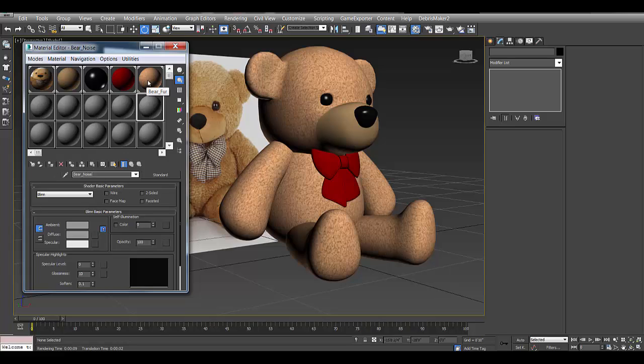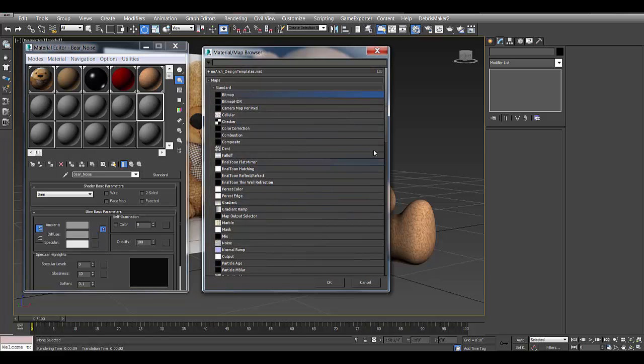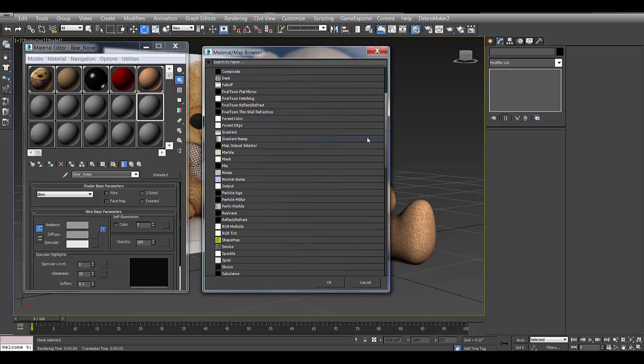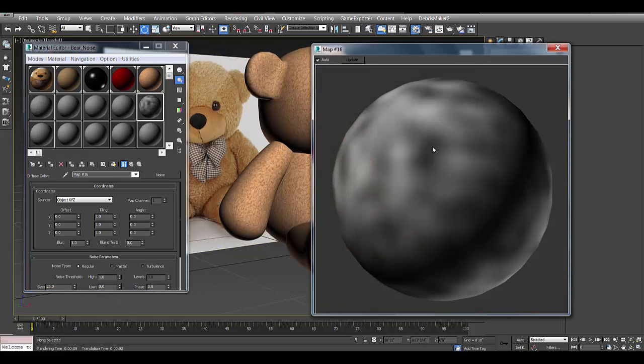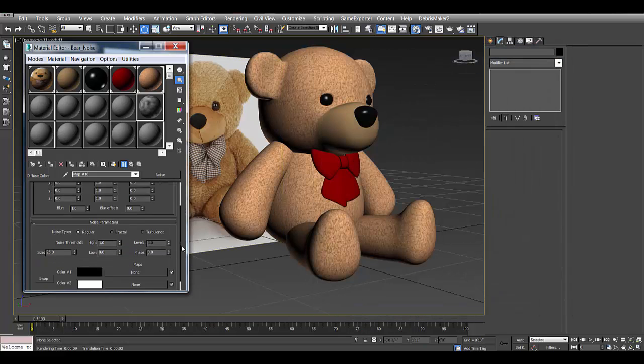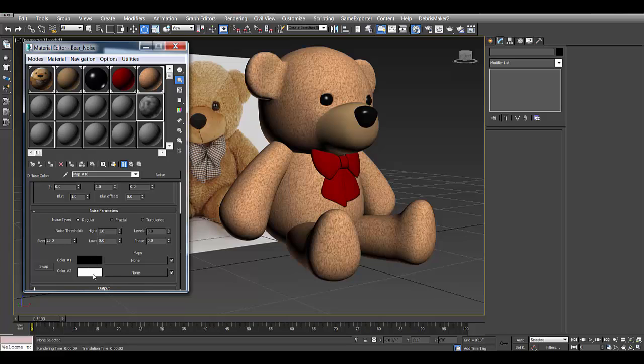Okay, so I'm going to use the same texture map, except this time in diffuse. When I click on the empty map button, instead of clicking on bitmap, I'm going to put a noise map in here. So I'll double click noise. Okay, so you'll see if I double click this, it just creates a noise around the material where it's blending dark and light values. So in here you could have your texture map, and what I'll do is I'll go up to the bear fur